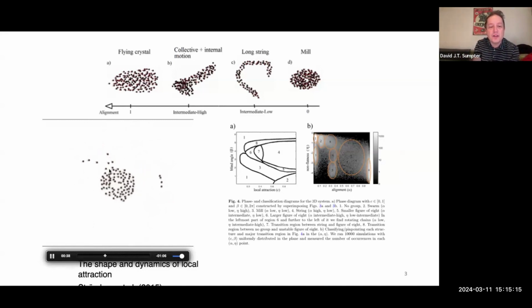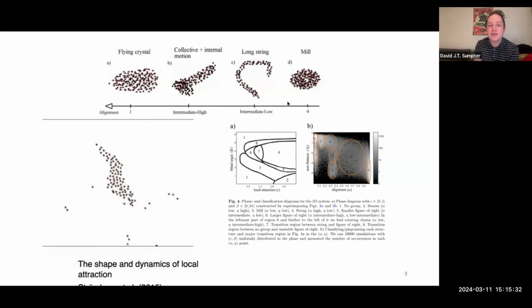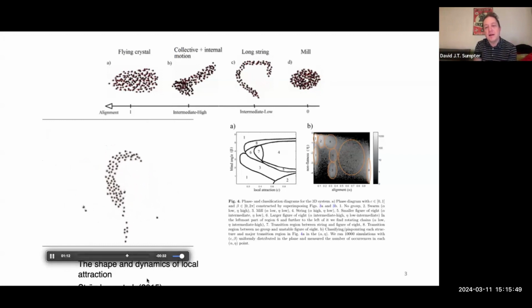And through those individual rules, they make very interesting collective behavior, collective patterns. Here they made a mill going round. Now they're making a sort of flock that's moving. You can see a whole range of different shapes and behaviors which emerge out of those interactions. Here is an example where we make a phase diagram. In this case, we found there were 8 different phases of motion that could be generated for different parameterizations of this model. You can read a little bit more about that here.